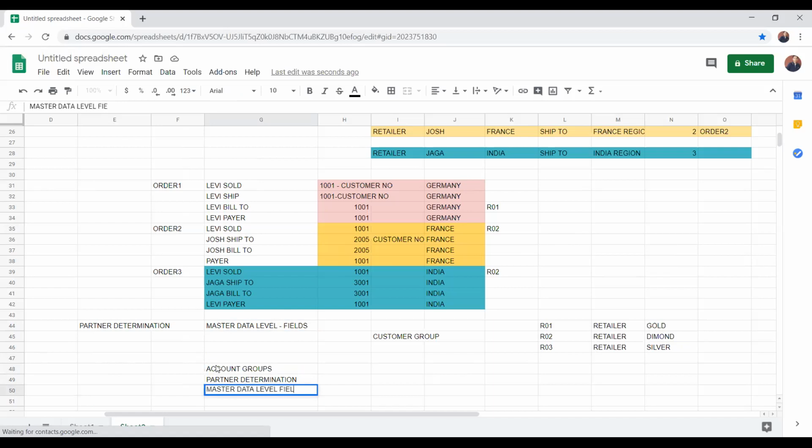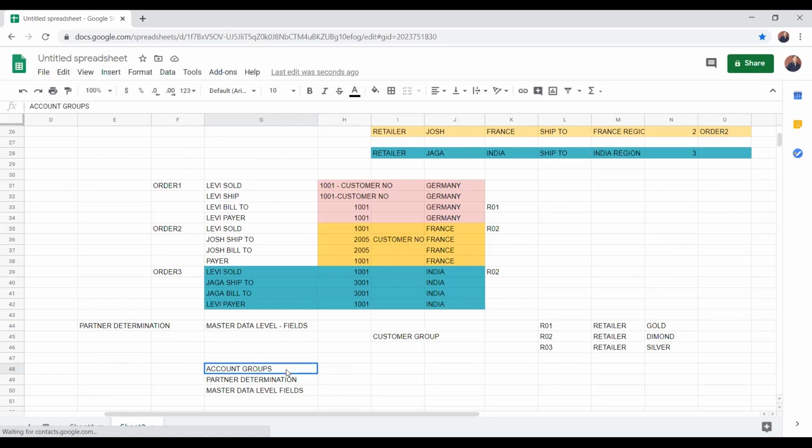Don't get confused: account groups just control whatever fields you are having, whether they are mandatory, optional, or suppressed, based on their characteristic properties. You are going to control your customers: this field is mandatory, this field is not mandatory, this field is optional display. And apart from that, saving number ranges.